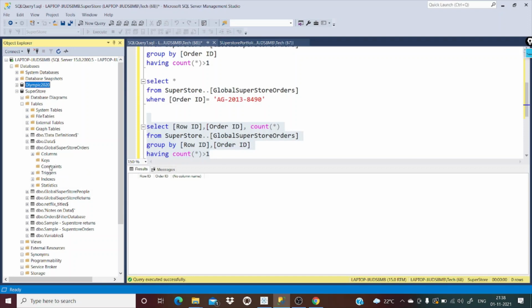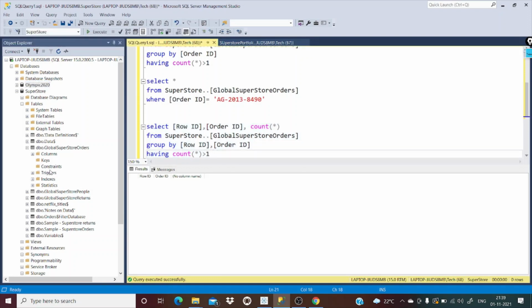So this is where we get to know which are the primary keys and other information related to these keys. Since we just imported the data from Excel, there is no primary key which I have mentioned manually. So that is the reason there is no primary key column in this data set.